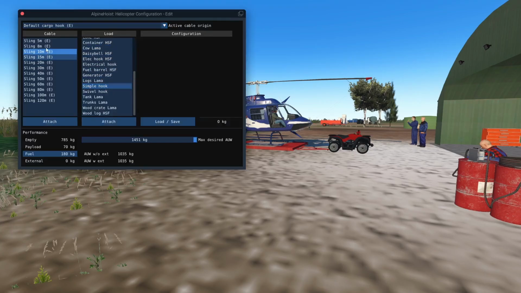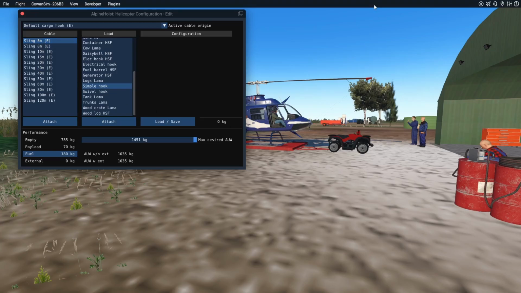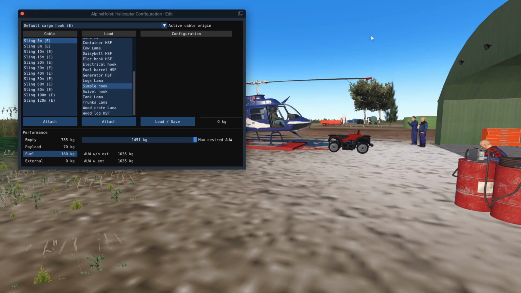So here at the beginning I will recommend using a shorter sling length. It will make it easier, but eventually you want to progress to the longer slings, mainly because, for example, if you are doing forestry work, trees are tall, so if you have a 5-meter sling, it means that the helicopter will have to lower its altitude